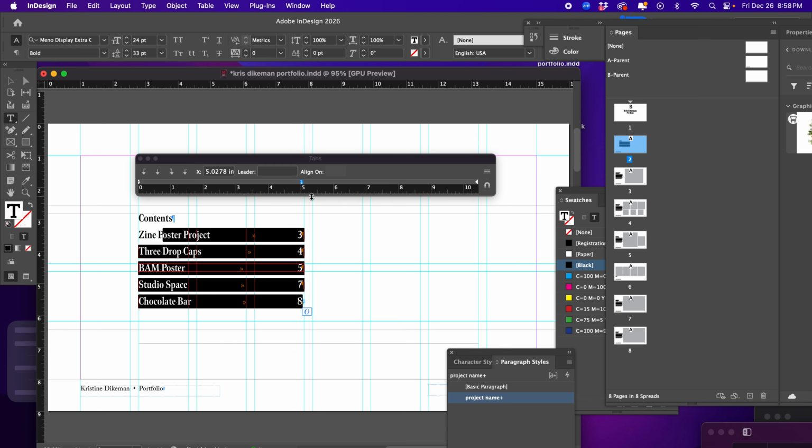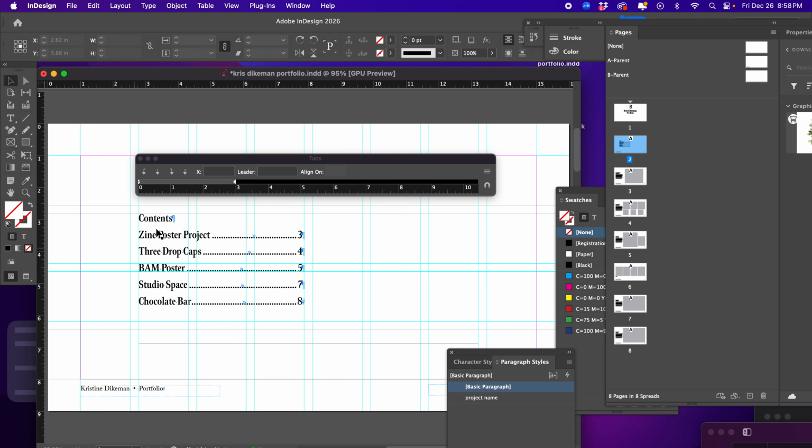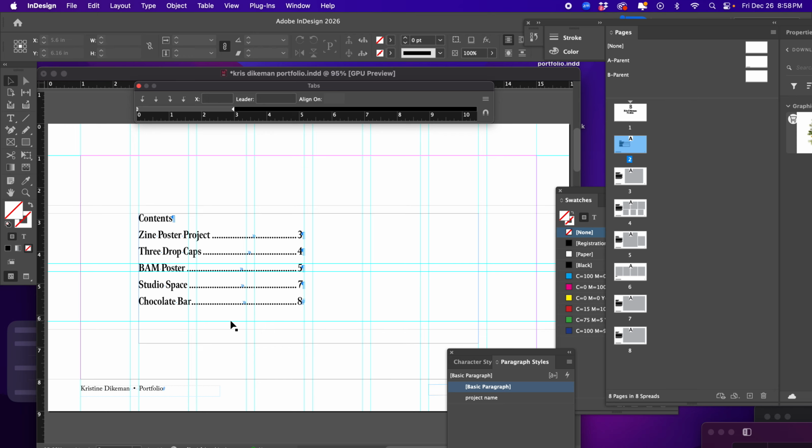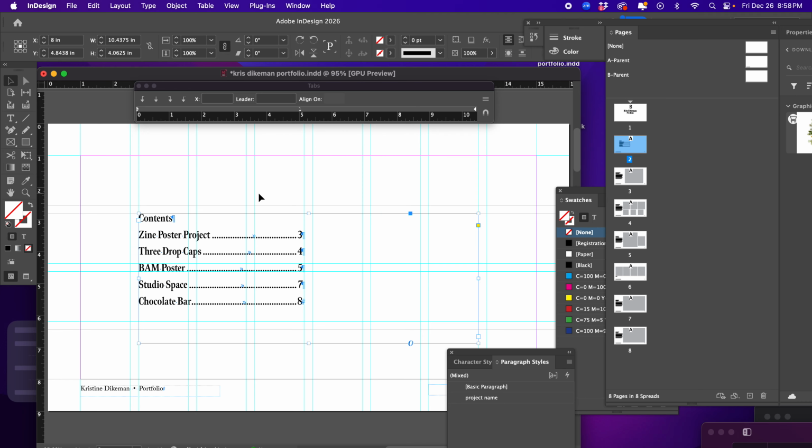And so if I grab the type and I put in a leader, the leader is the little dots, and I type a period, it puts the little dot in. Do you see that? And there's my table of contents. I could style this however I wanted to do it. I could change the typeface. I could change where it sits on the page. But